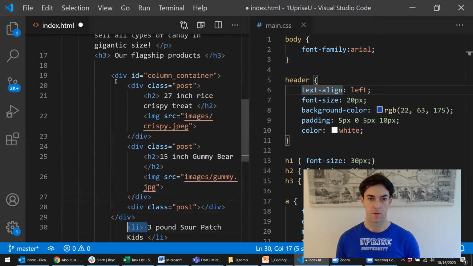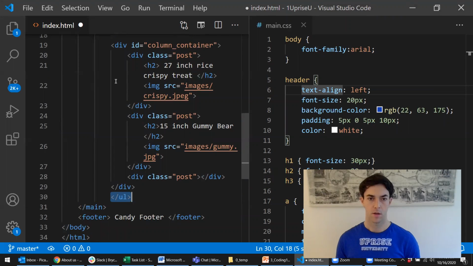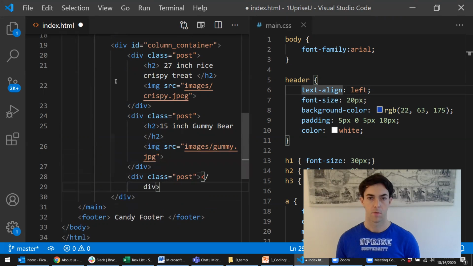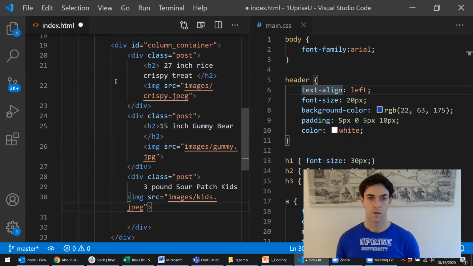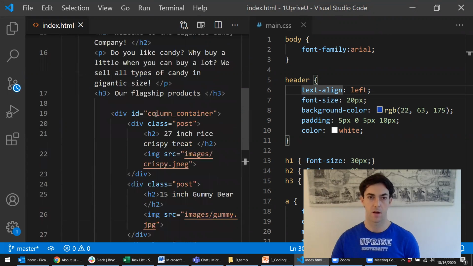And finally do the same thing with our last one, and get rid of that under list there. Do the same thing for the center H2. All right, so that should now put this into these different columns,